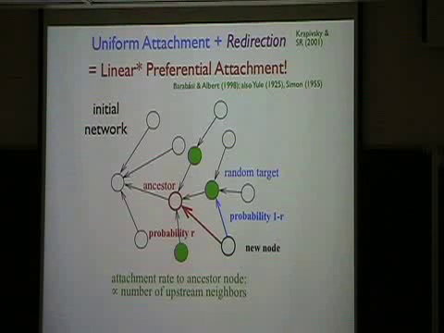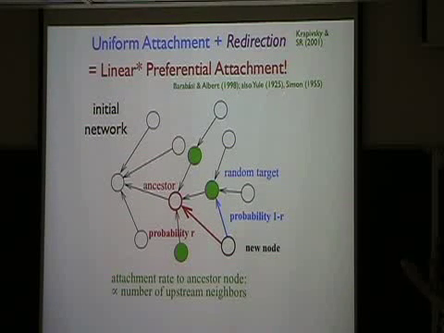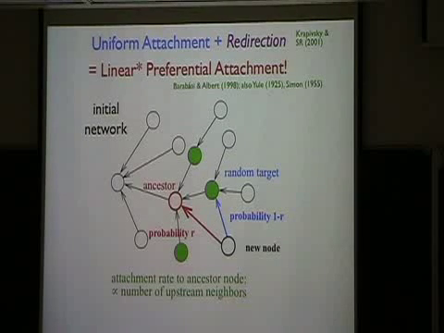But it's amazing, in fact, that this is also known as the Yule process from 1925. And Herbert Simon in 1955 solved the model completely. All the results that were in the Barabási and Albert paper were actually done by Simon in 1955. I don't know if any of you know who Herbert Simon is, but he's an economist. And he had this propensity for always being 40 years ahead of his time. So he did seminal work in many different fields of economics. And it was only in his later years that people realized, no, he's not a crackpot. Yes, in fact, he's 40 years ahead of his time. So later in life, he won a Nobel Prize for economics.